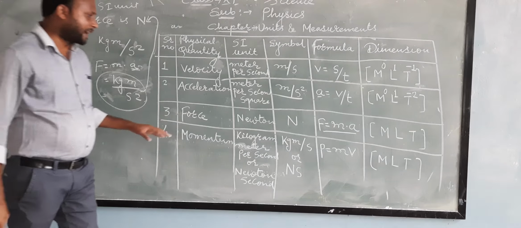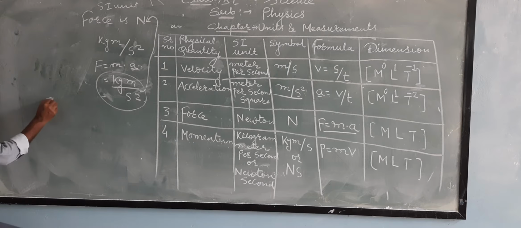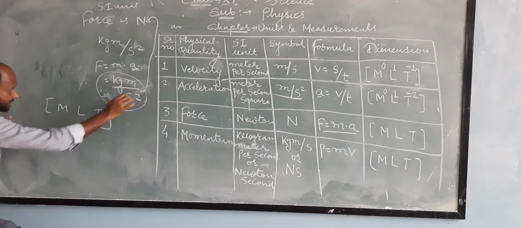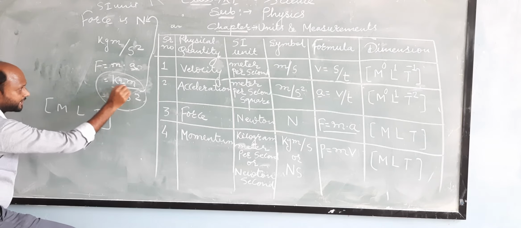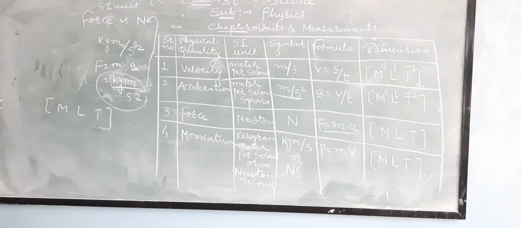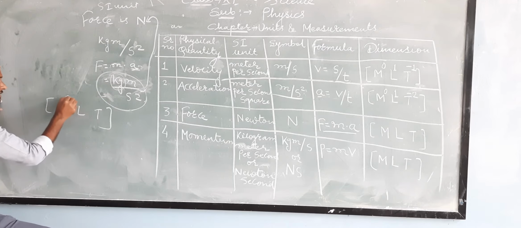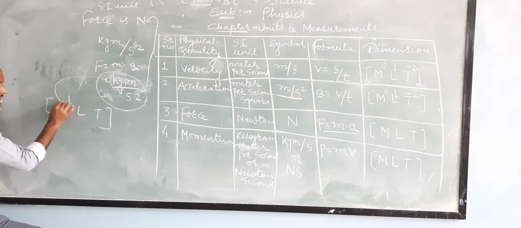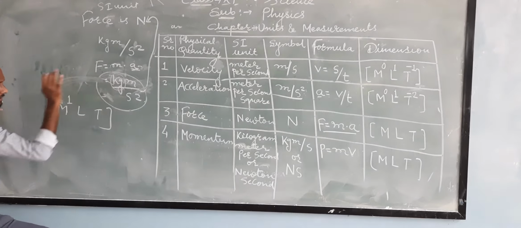So now we will derive its dimension. Now guys, listen here. We are going to find out the dimension of force. The SI unit of force is Newton, which is nothing but kg meter per second square. Here the kg term, kilogram, is present in this formula, and it has no visible power, which means the power is 1. Kg is the SI unit of mass, and capital M stands for mass. So M to the power 1.